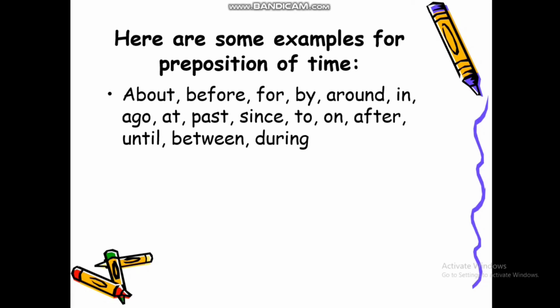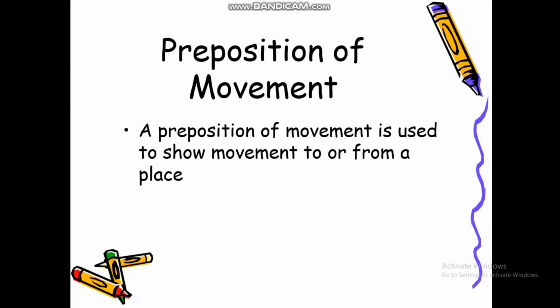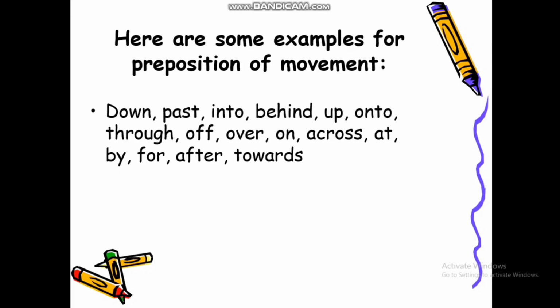So preposition of movement. A preposition of movement is used to show movement to or from a place. It shows movement of a place, movement from a place, movement to a place. Now here are examples: past, into, behind, onto, through, off, across, towards. So it shows the movement into the